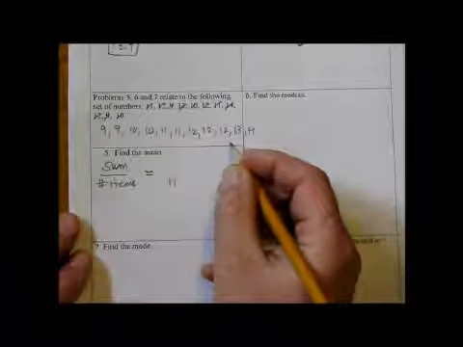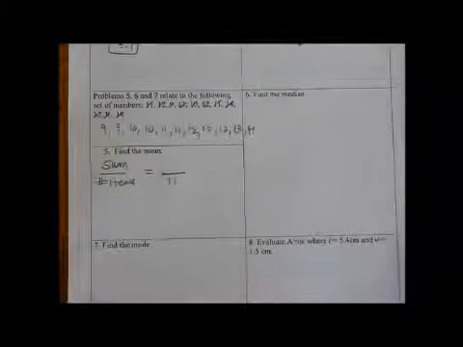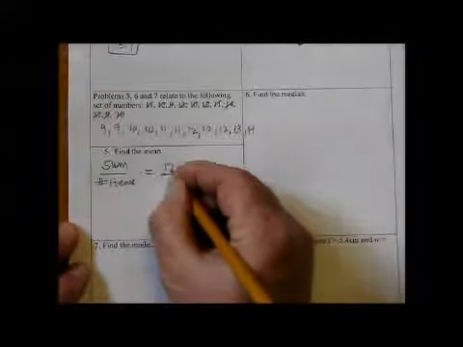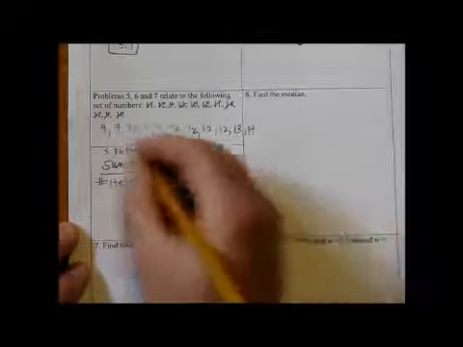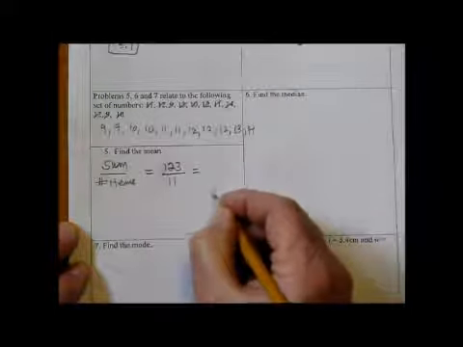The sum, I'm going to add all these up. Probably on the test I'll tell you what the sum is, because I'm not going to allow you to use calculators, but I don't want you to take too long. And on this one, the sum is 123. If I add these all up, it's equal to 123. And so I'm going to take 123